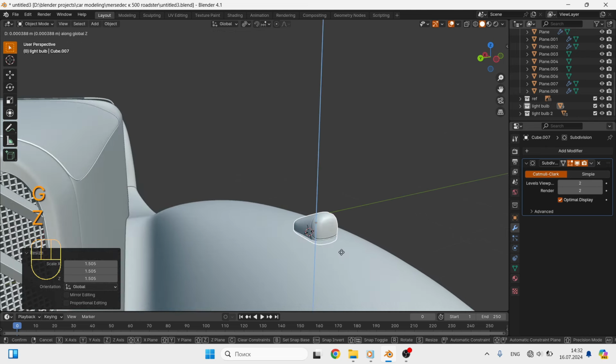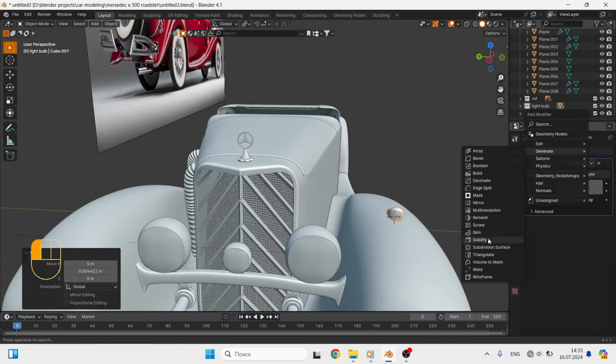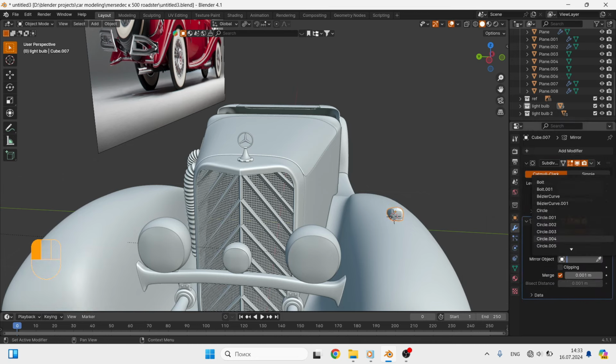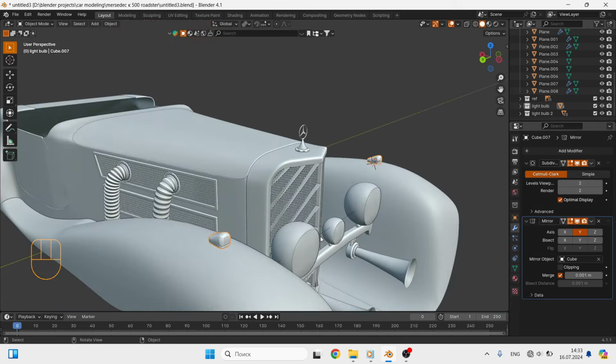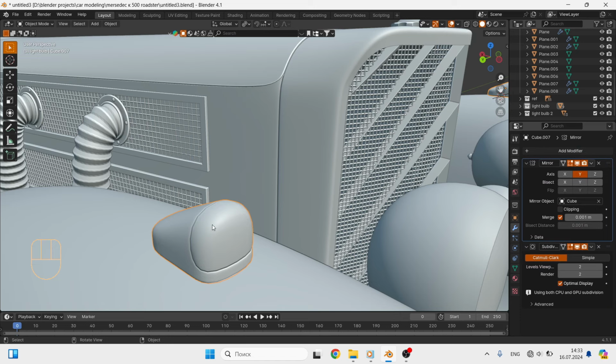I will add another edge loop at the very bottom so that the lower part is flat, for which it remains to put it in its place and select the size. This needs to be done before adding the mirror modifier, so that everything is clear. After we added the mirror modifier, we see a small problem. To fix it, we need to swap the modifiers, and whoosh, we fixed this. Let's go further.